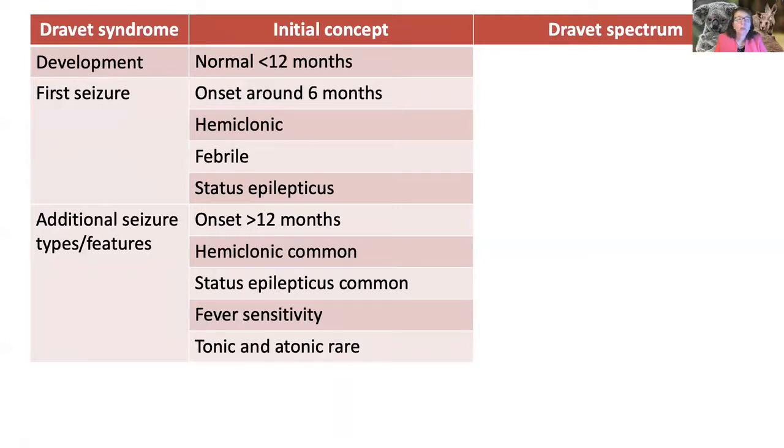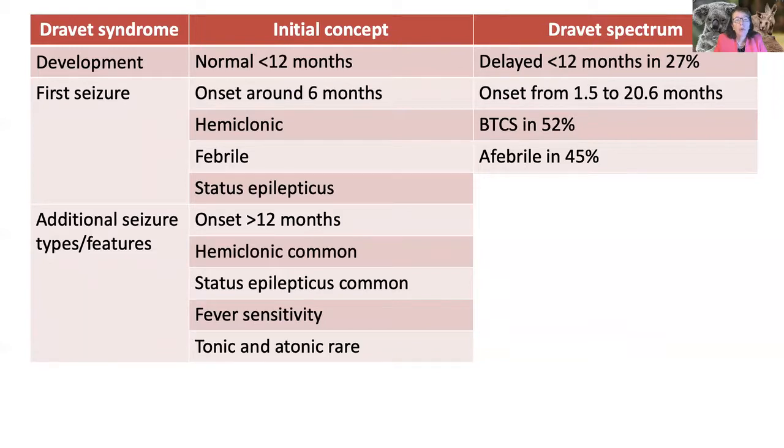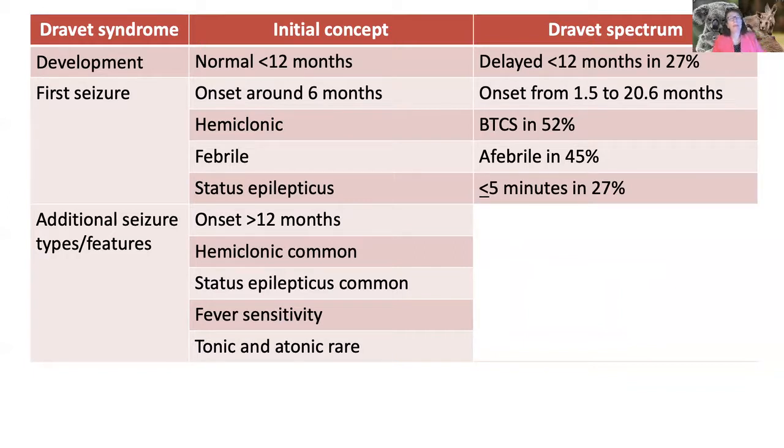So how has this work changed thinking? Just to highlight these points I've discussed, development initially we have always taught is normal under 12 months of age, but in fact more than a quarter are delayed prior to 12 months of age. Onset is from 6 weeks of age to 20 months of age. The most common presenting seizure type is a tonic-clonic seizure on both sides. Almost a half do not have a fever with their first seizure. Status epilepticus occurs in about 35%, but more than 27% have a seizure under 5 minutes with their first seizure